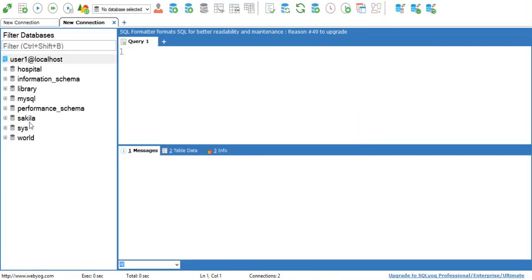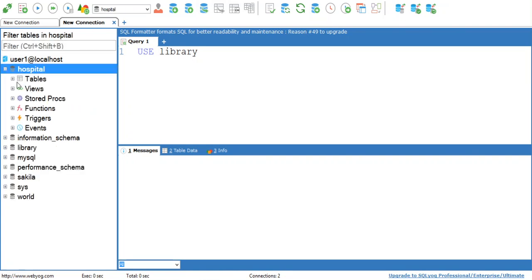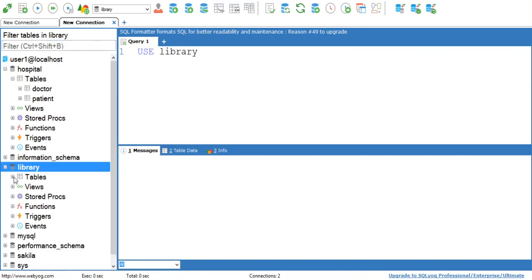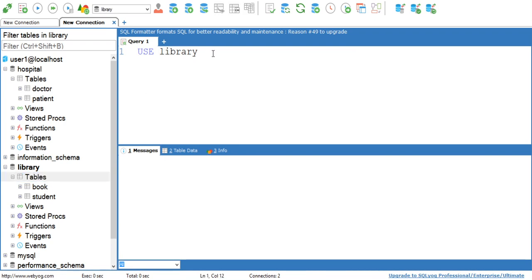See, now here you can see list of all databases because we have given permission to access all databases. Now use library. Here, see, you can see under hospital database both tables are enlisted. Under library database tables are enlisted. So here now we are using library database.